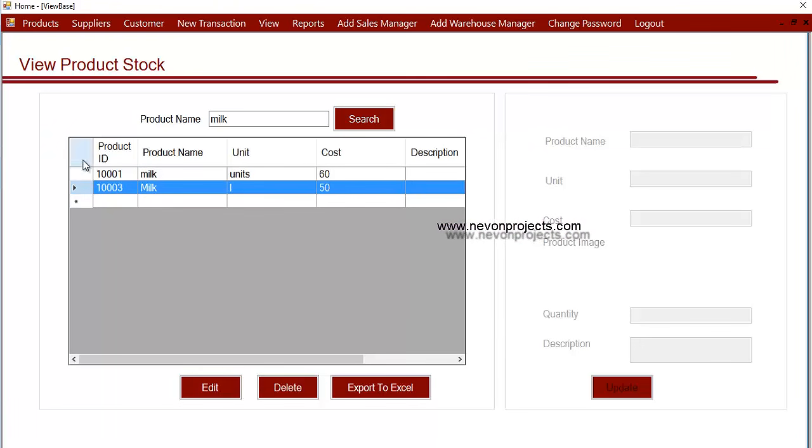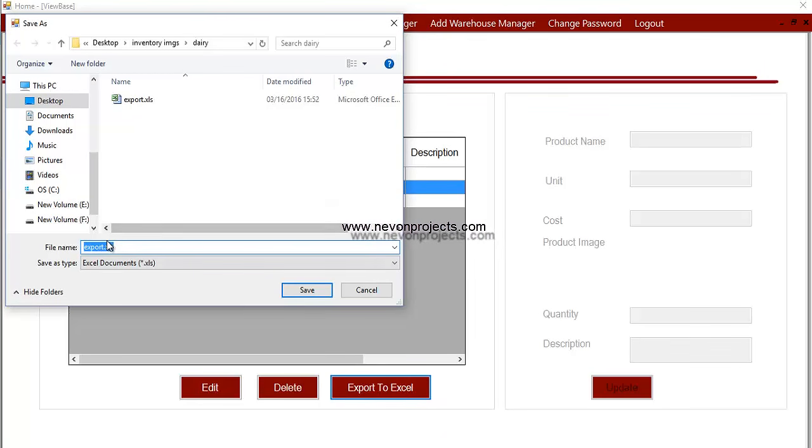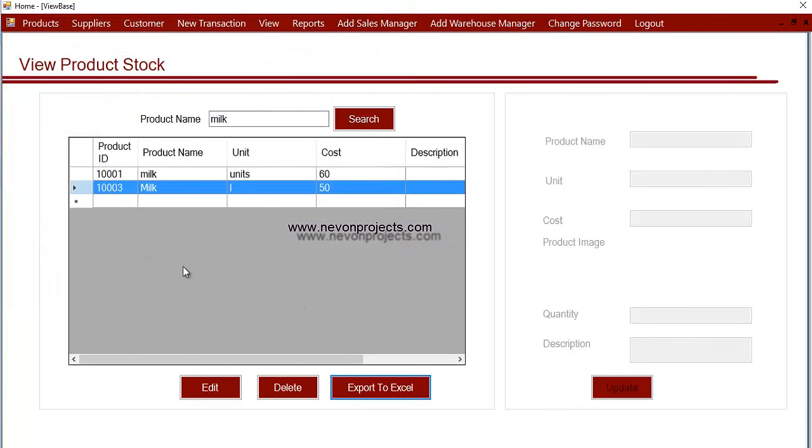And once he clicks on any of these products, you can edit the product as well as delete, as well as export these product details to an Excel sheet by clicking on the export to Excel button. Once he clicks on this button, you must specify the Excel sheet name. Suppose I'm entering export 1, this file will be stored over here, in whichever location you have specified.